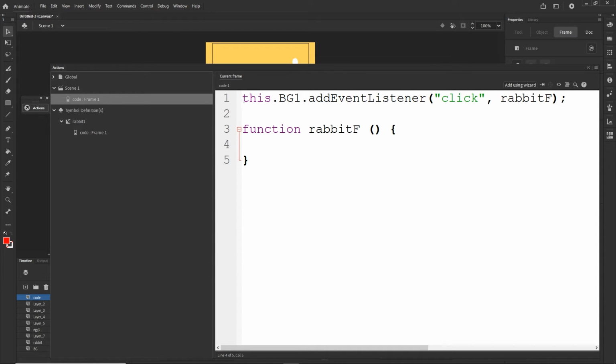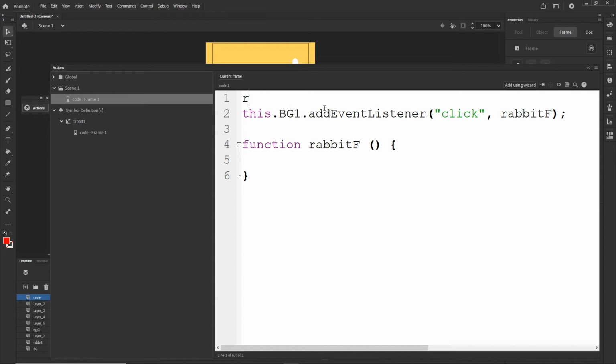So what I'm going to do is I'm going to create a variable which I'm going to call let root is equal to this, and basically this let is like the new version of declaring a variable, which before was var. You can also have this as a var, but I'm going to have this as a let, and this name is optional. You can call this whatever you want, but we are going to put this equal to this. It has something to do with the scoping in JavaScript, but basically right now we are going to be in the function. Instead of this at the beginning, we are going to be typing root. So I'm going to type root